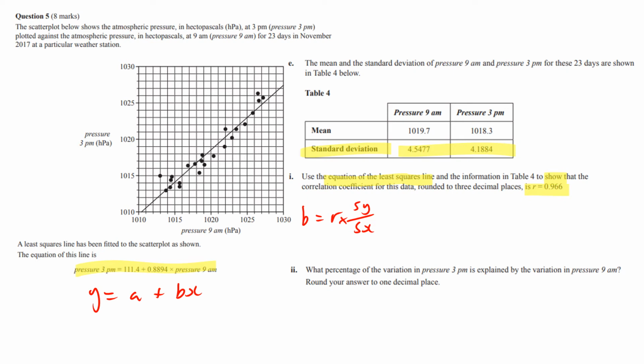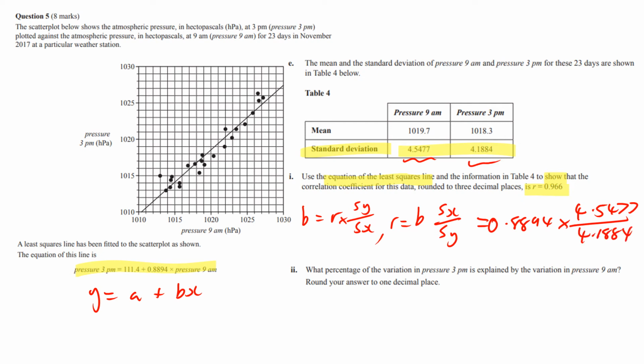So you're dividing by sx, so you're going to multiply both sides by sx, so you end up with b sx, and then you're multiplying by sy, so you're going to divide both sides by sy, and that's what r equals. So that's when you rearrange the whole thing. Put a comma there just to separate that out. And so you know that equals 0.8894 times, and so the sx is this one, 4.5477 over the sy, which is